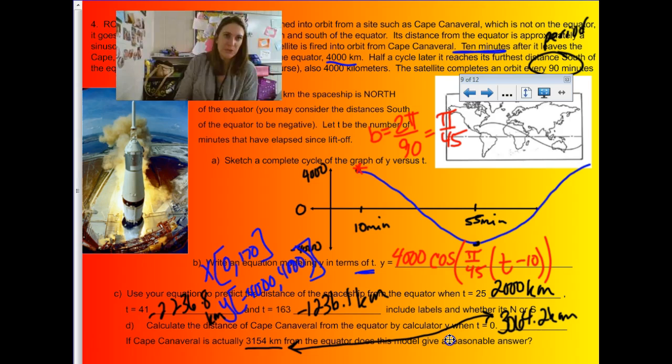So moral of the story is you find all the key features, you decide what type of trig model you want to use. Is it looking like a cosine or sine graph more accurately? Where do you want to start your time? Because that's the start of your cycle. And just remember, there's not always just one obvious answer. Your neighbor might have a different sinusoidal or cosinusoidal model, and we just have to kind of